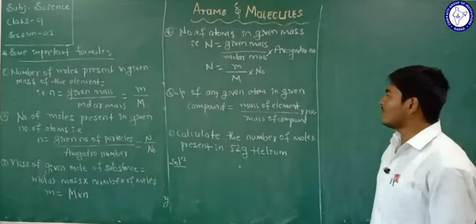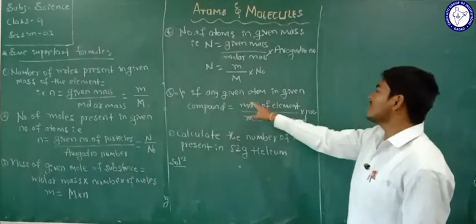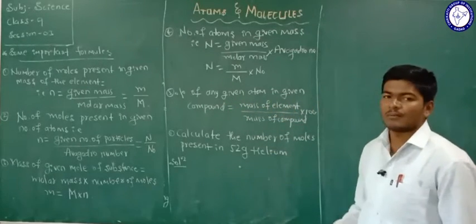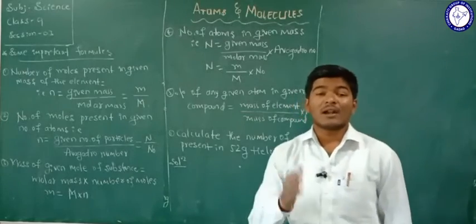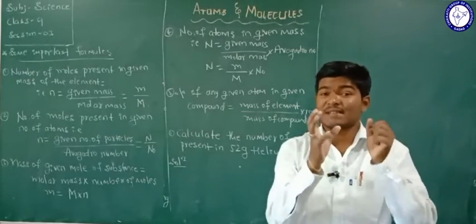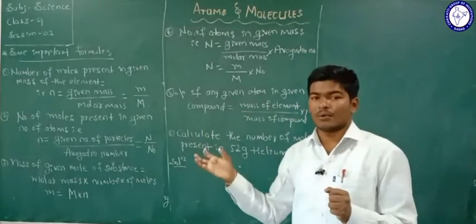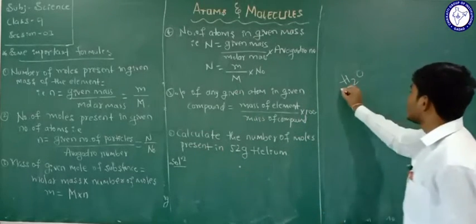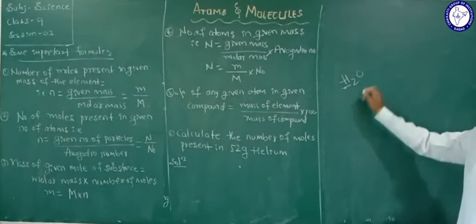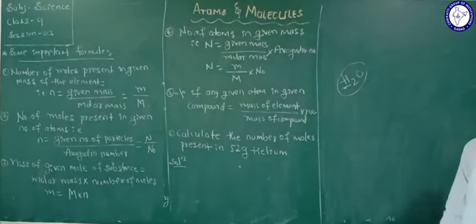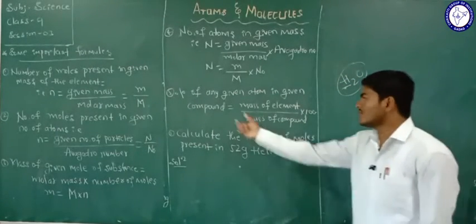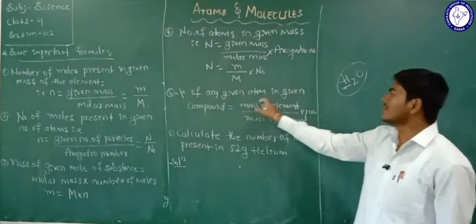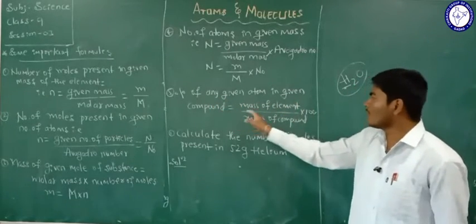Another important formula here is the percentage of any given atom in a given compound. If they ask what is the percentage of a specific element present in a compound, I am taking one example here, H2O. If they ask what is the percentage of hydrogen in a water molecule, then we are going to calculate using this formula: